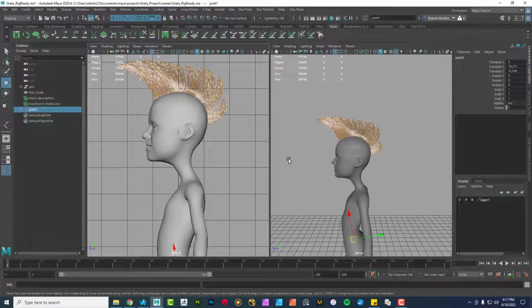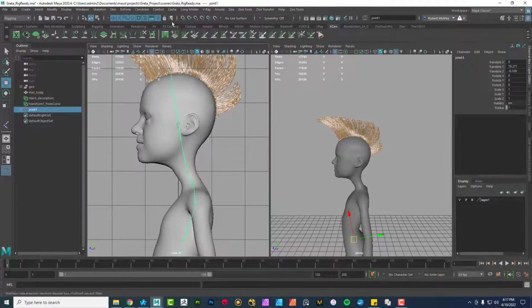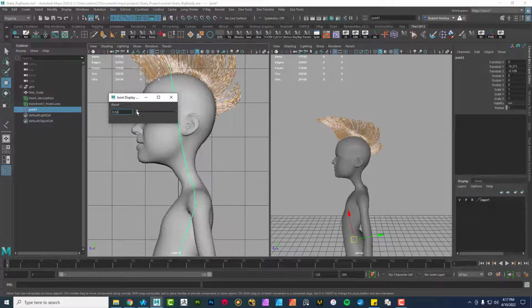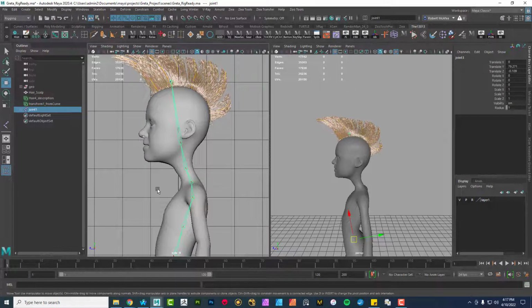I'm just going to hit enter, and you can't see it, but if I go to shading and go to X-ray joints, my joint size is kind of small, so I got my little joint size right here, let's make it bigger so it's faster. Okay, just going to grab, oh, this is on reference, grab the mesh, and